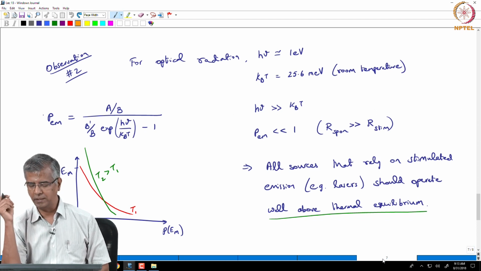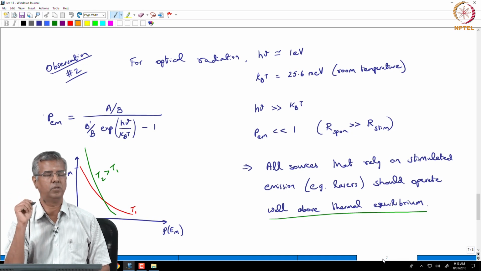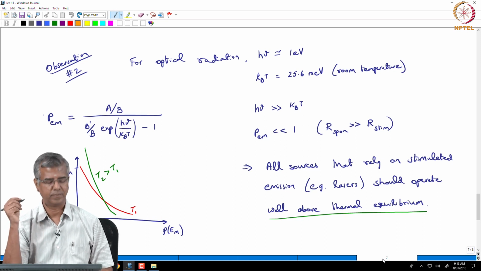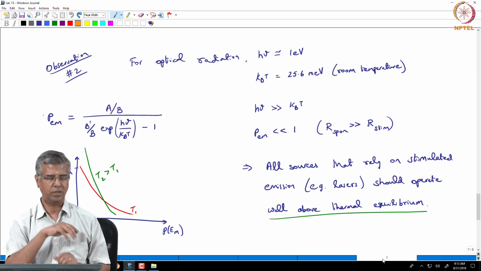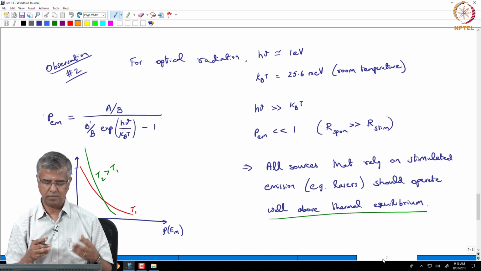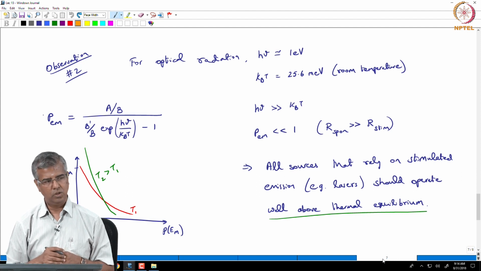So you're likely to get only spontaneous emission unless you are operating at a point that's well above thermal equilibrium, right. And thermal equilibrium we are defining as if there is only thermal energy given to that medium, and so everything is getting to steady state, and we are looking at that. We are actually going by Boltzmann statistics, but